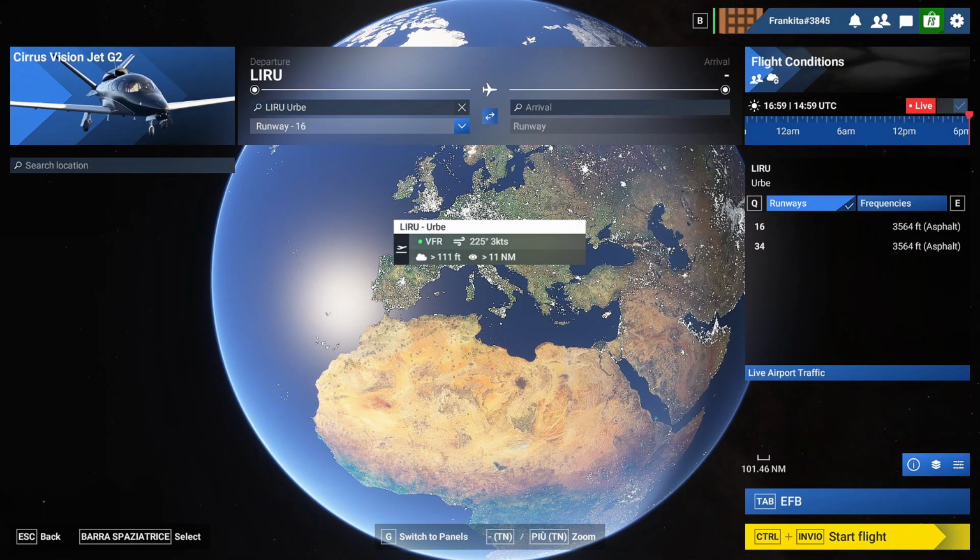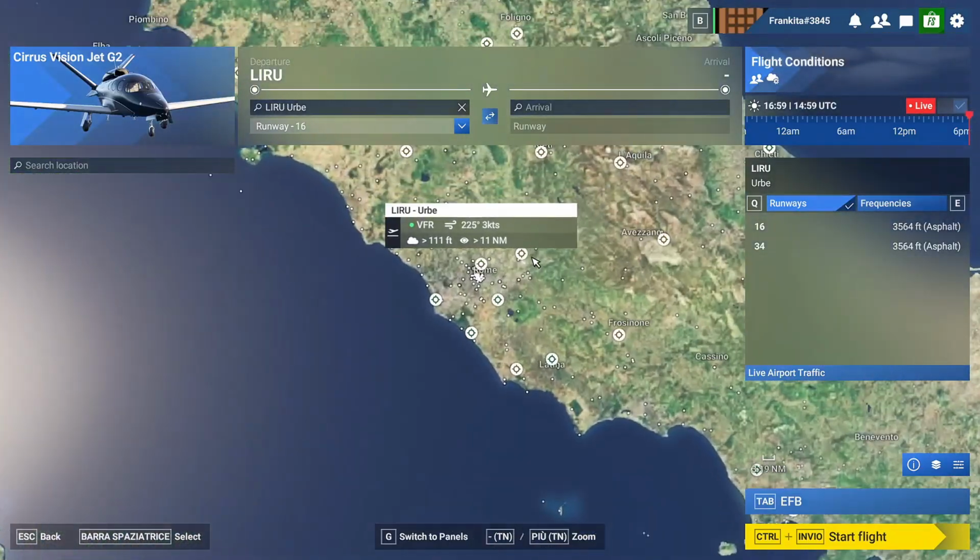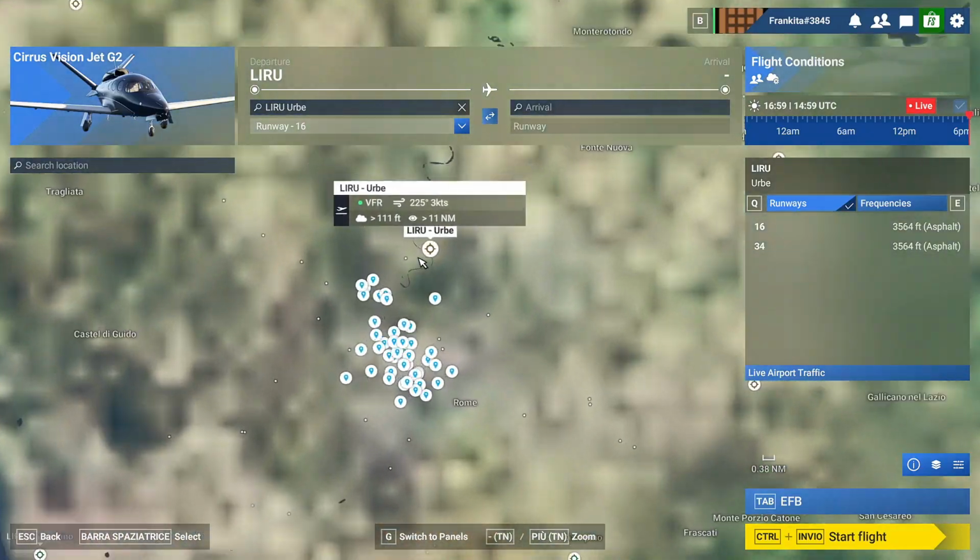Once you're done with that, you are going to select your departing airport. Now I've already selected my airport, which is going to be Urbe, which is airport next to Rome, and you are going to select your gate. Now I haven't selected my gate yet, so you're going to zoom in on the airport that you want to take